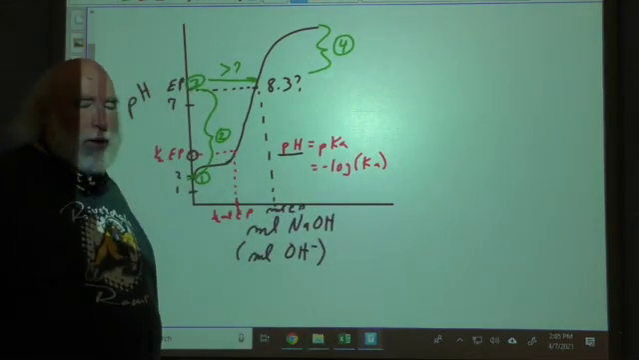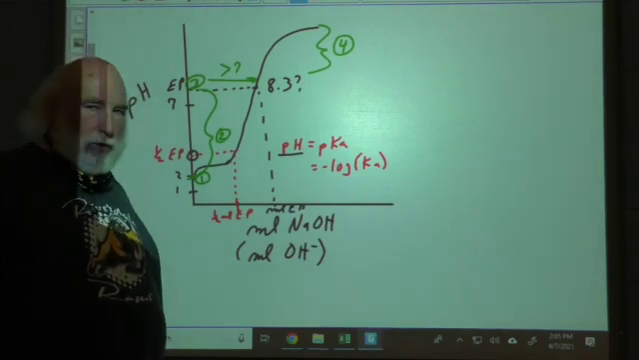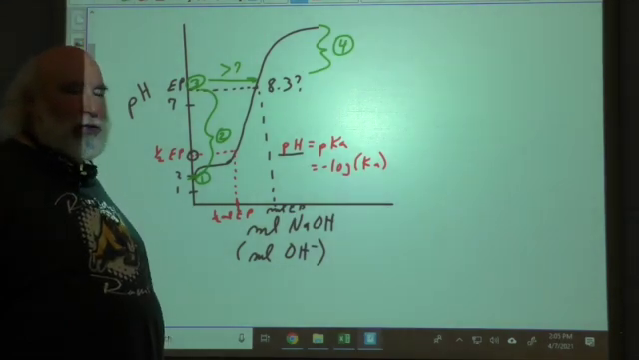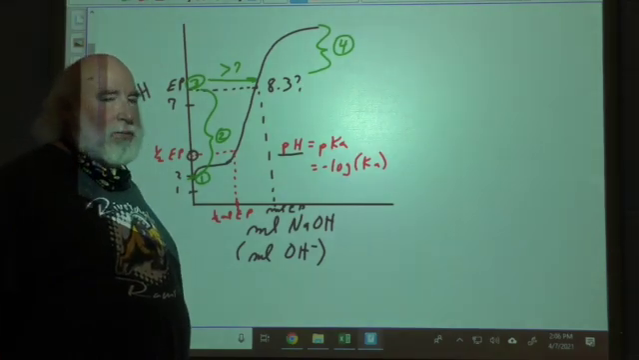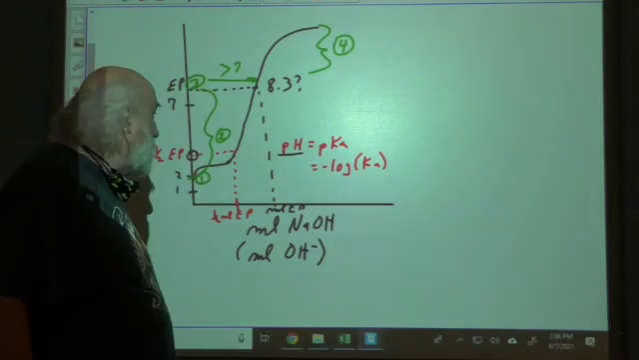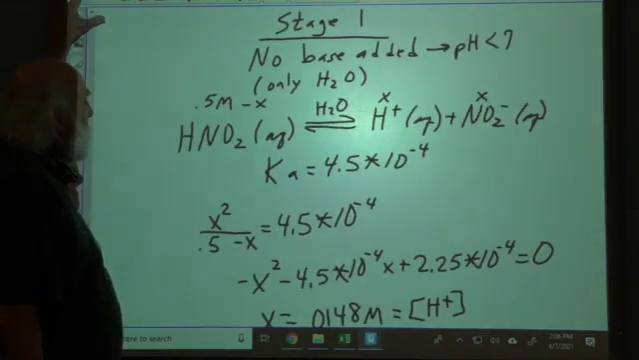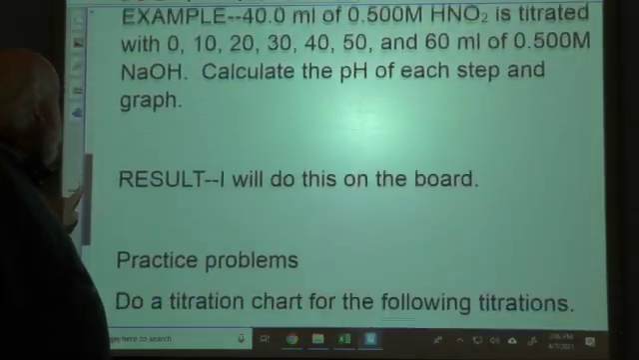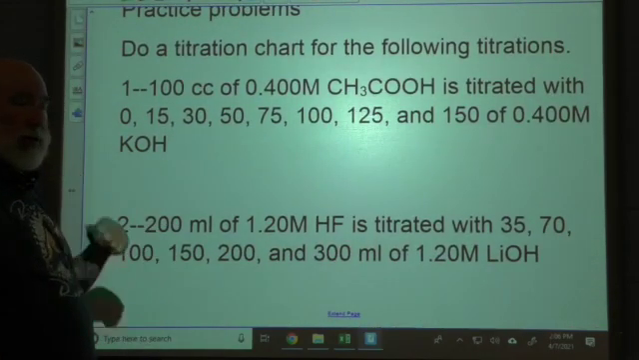Long videos, I'm sure there's at least 3 parts to this, but lots to go over. Hopefully you're going to take a little time to get through this. This is a tough section, this and the next, but if you get used to it, you're in really good shape. Practice problems. You have 2 titration charts to make. Half